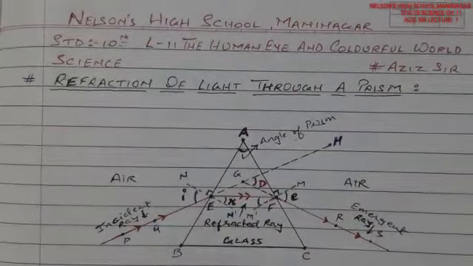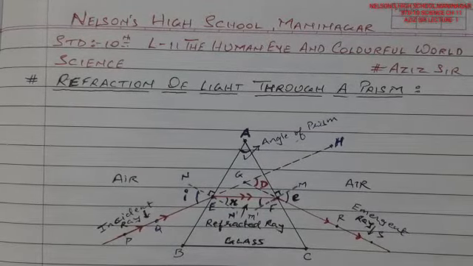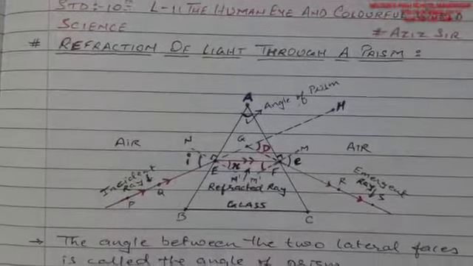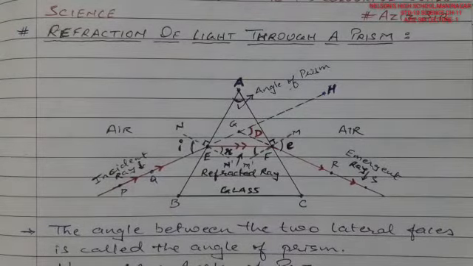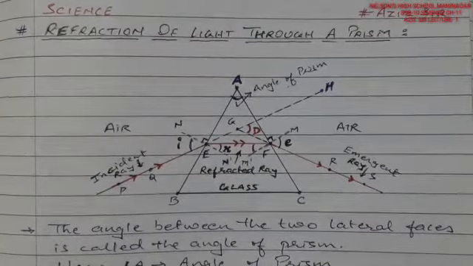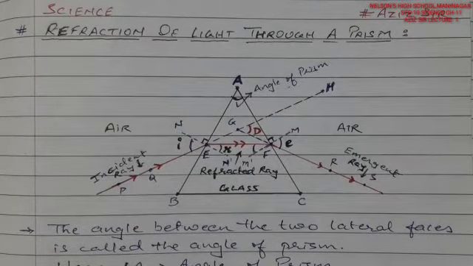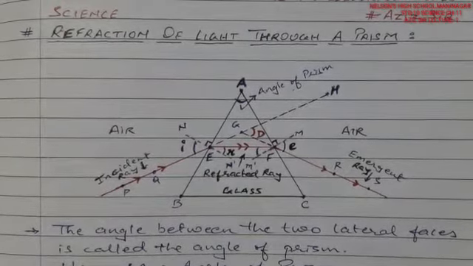In the beginning, we are going to take the topic of refraction of light through the prism. Now, the planar diagram of the prism, I have drawn it and will try to explain to you the types of angles and the types of light rays that are there inside and outside the prism. First of all, we'll start with the angle of the prism.